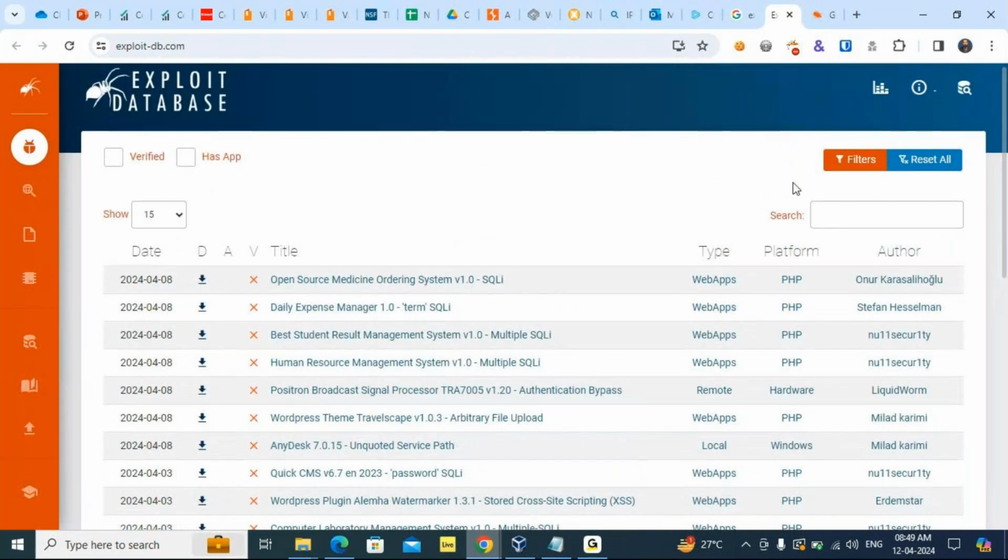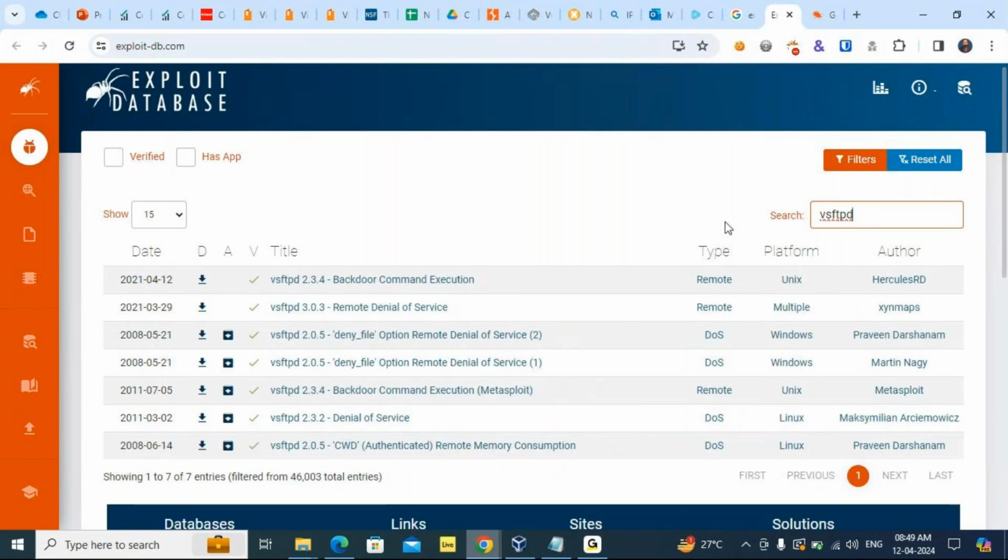Like for example, if you're searching for a particular exploit, just for an example, when I teach students, I give them VSFTPD, which is from Metasploitable, not 3, but Metasploitable 2. There we have a vulnerable FTP. So, in order to learn how we can find out those vulnerabilities and how they can be exploited,